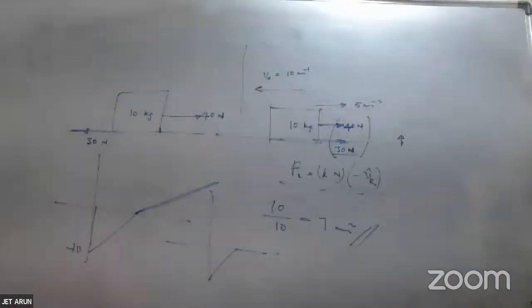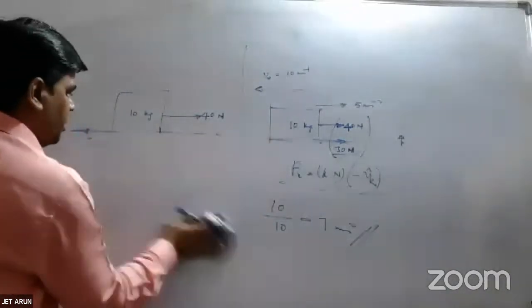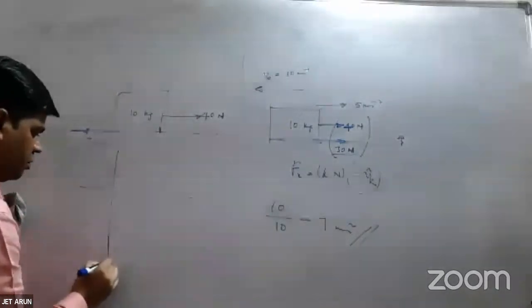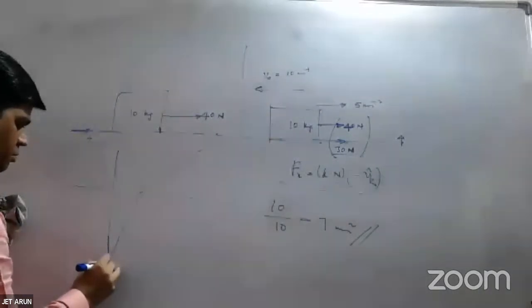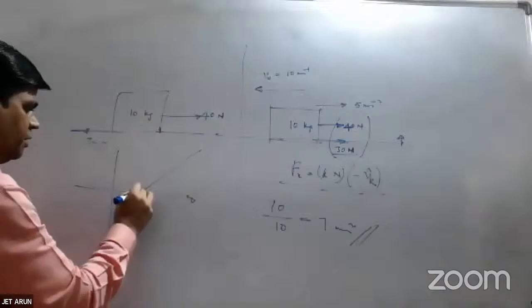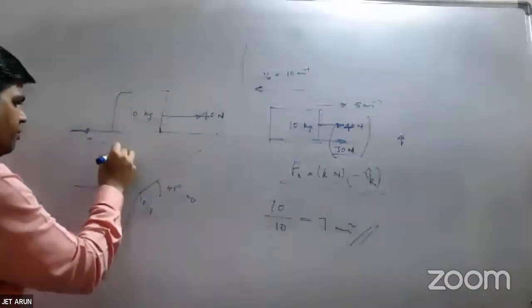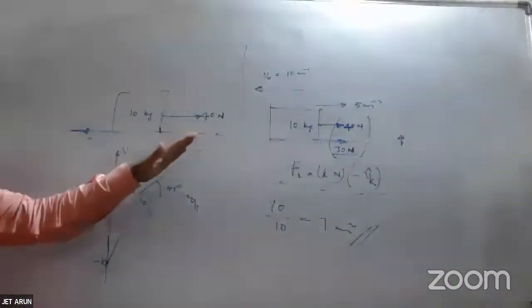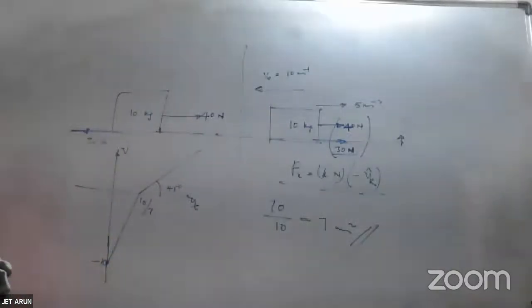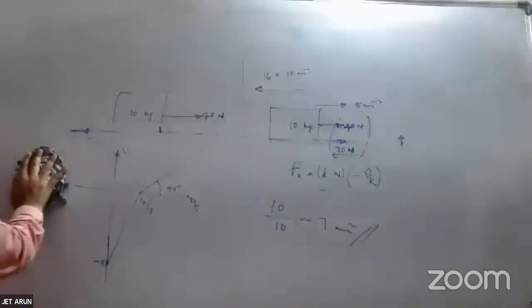Or more, like if I draw it to scale, I'll draw it properly. This is 10 by 7. This angle is 45 degrees. VT. ఈ స్లోప్ 1 ఉంటుంది. This is slope of 7. All right. Yes, sir. Okay, good. Now,